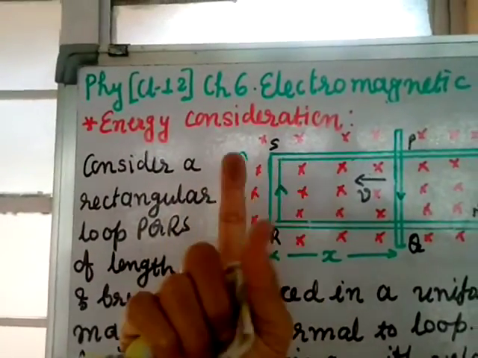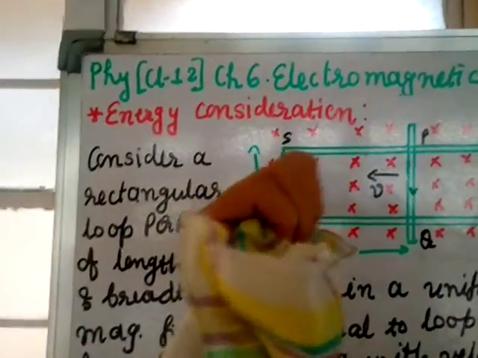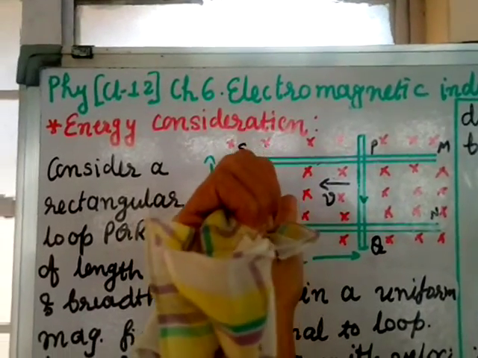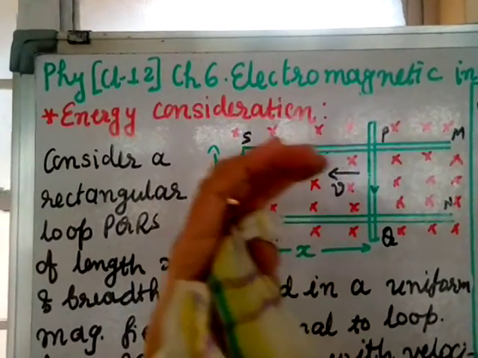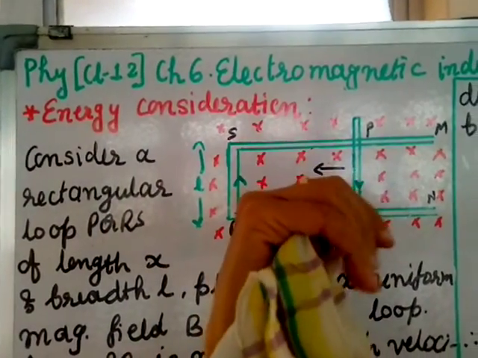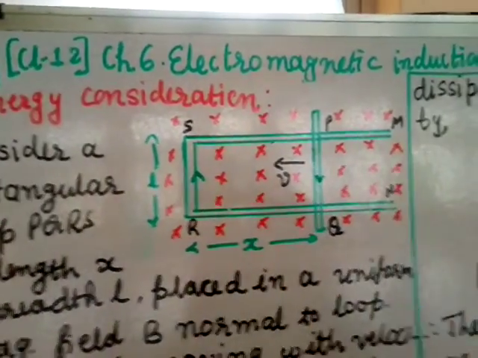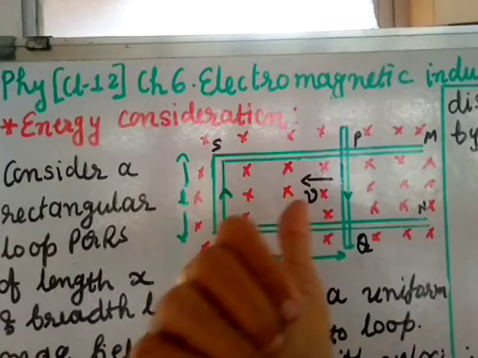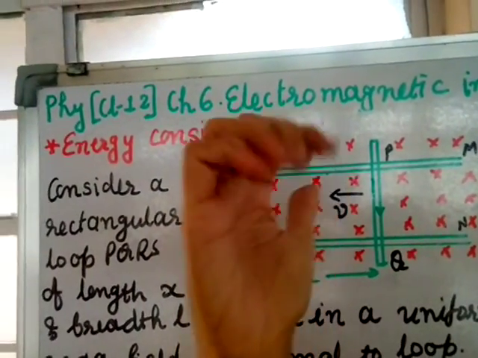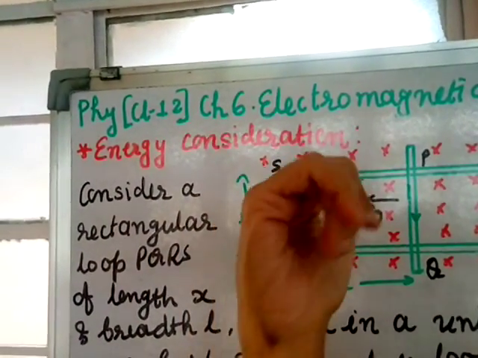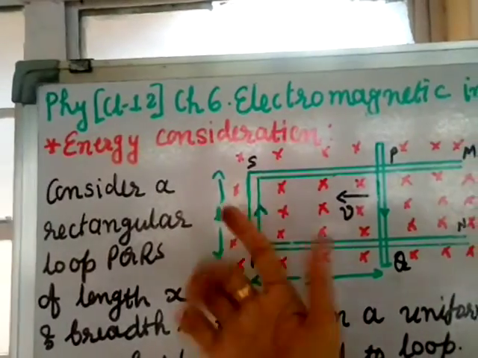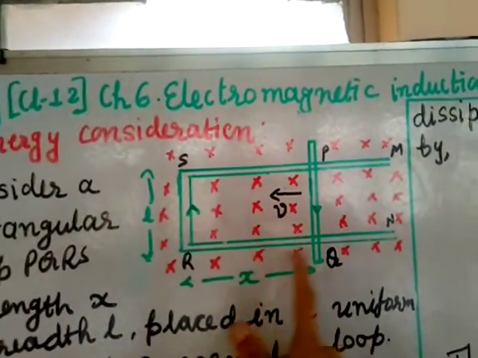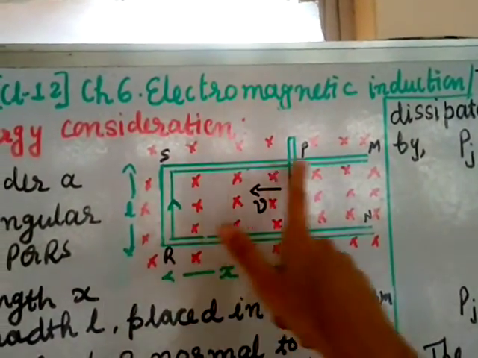So it is supporting. So you give your thumb in the same direction as the magnetic field, and curl your fingers. The curling fingers will give you the direction of the EMF. If this is my thumb, which is going to support the magnetic flux which is decreasing, then curl your fingers, which will give the direction of the EMF, so that is towards this side.